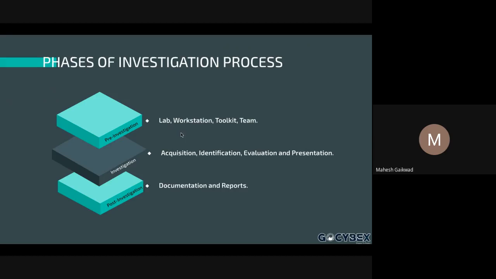Before performing an investigation, there should be a team with the necessary skills, who can handle a variety of technologies, as we have seen in the previous slide. They should be well versed, since one person cannot know everything, which is the reason a team is formed. And a lab should be set up, both a physical lab to have an office experience,